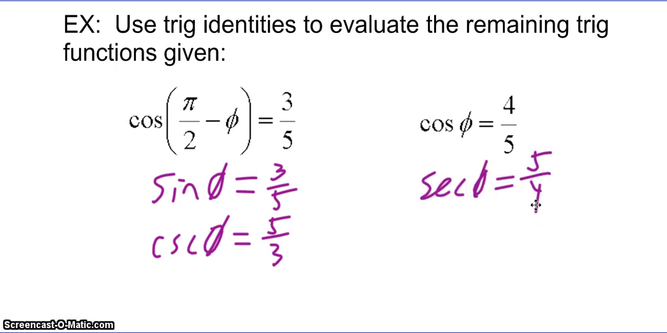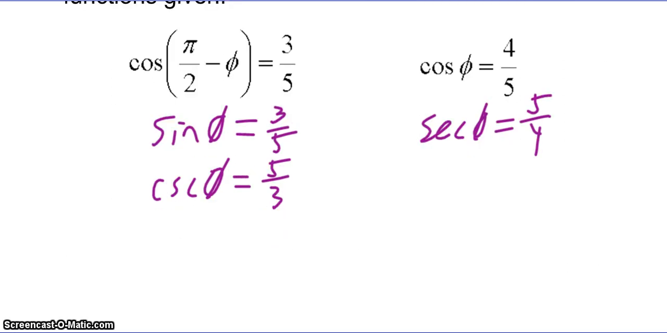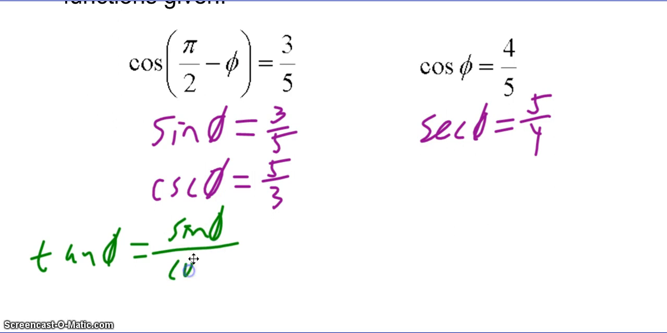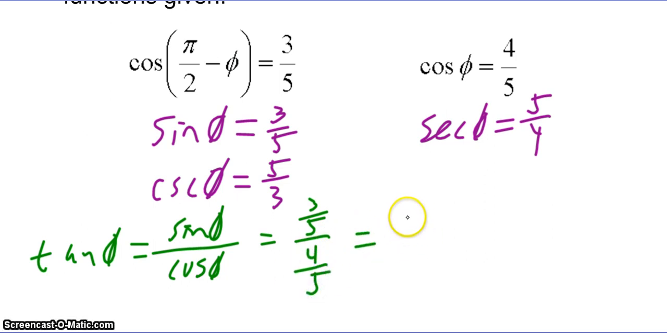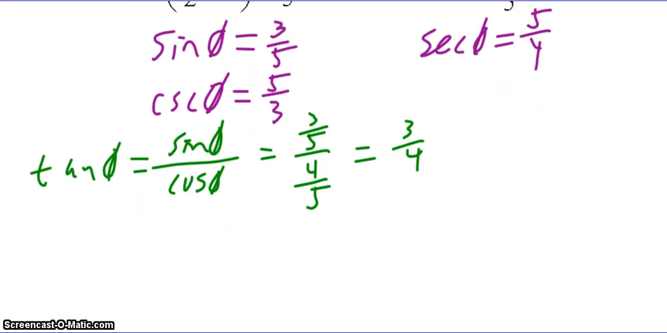is 5/4. Now we want to find tangent and cotangent, so we could either use the Pythagorean identities or the quotient identities. Either one is going to get you the correct answer. So for instance, I could say tangent of theta is sine of theta over cosine of theta, which is going to be 3/5 over 4/5 or 3/4. And then I know cotangent is